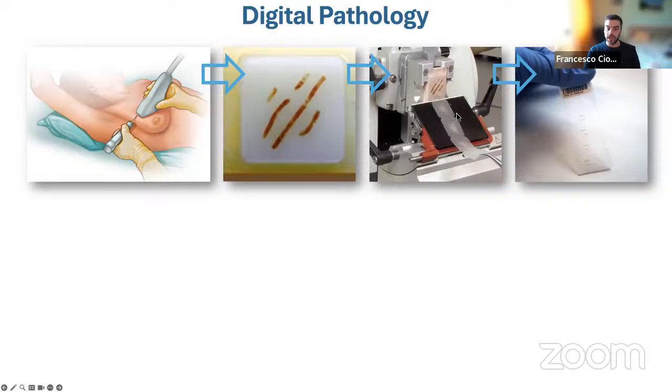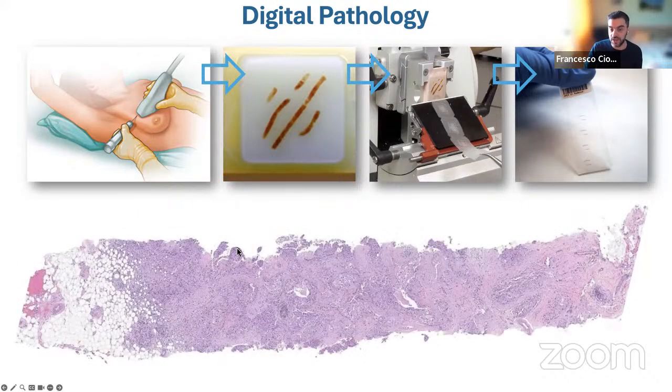And then in the pathology lab, they can cut it into stripes. Essentially, it's the tissue slides. And these are very thin, approximately 4 microns in thickness. And then they stain it to give it some colors and see different structures. And then they put it in a glass slide. And historically, the specialized physicians called pathologists analyze the slide under the microscope. But nowadays, we can scan it with high resolution scanners, and we can get these type of images.